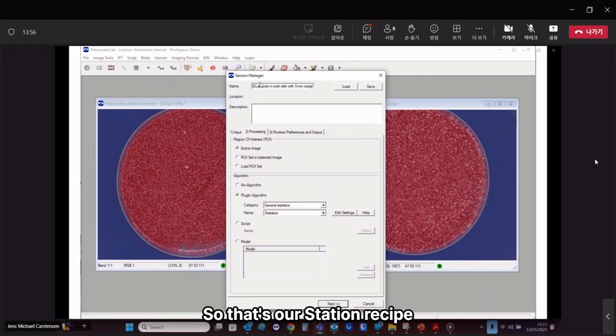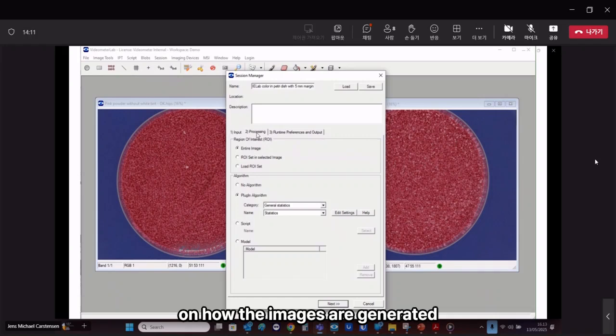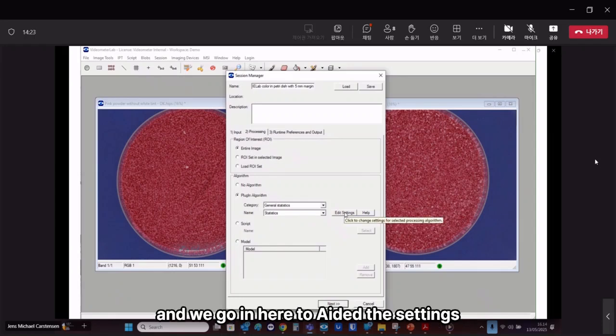So that's our session recipe we want to make. We don't want really to do anything about the input here, which is the first part of a recipe, because we want to get them from disk, so we don't want to impose any restrictions on how the images are generated. On the processing side, we want to choose the general one, general statistics, which is also the default,